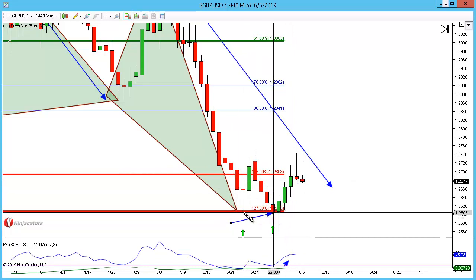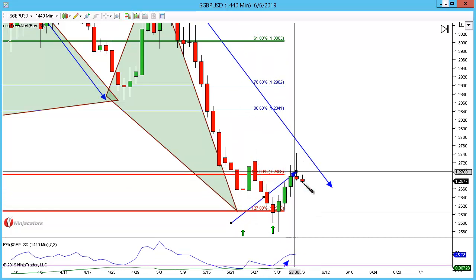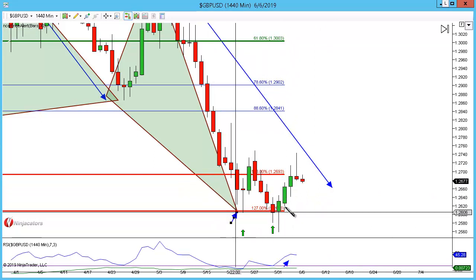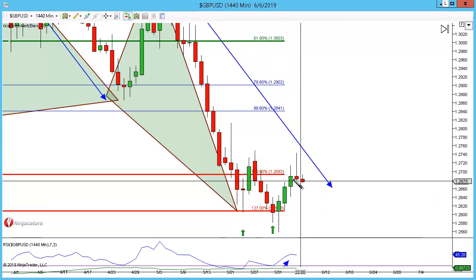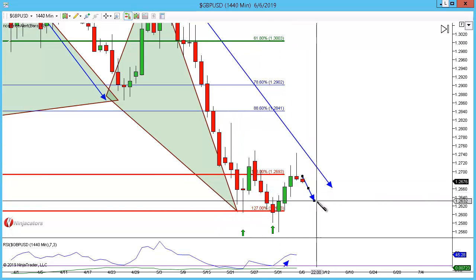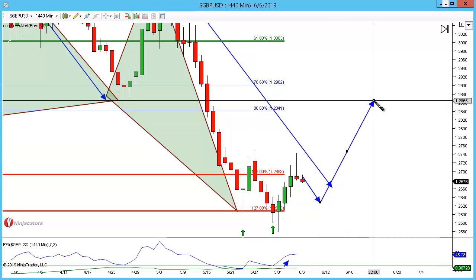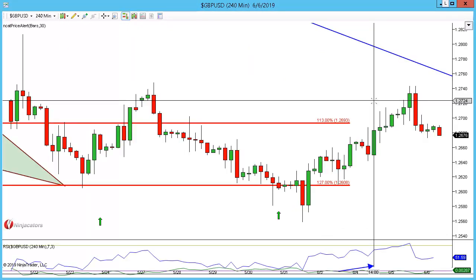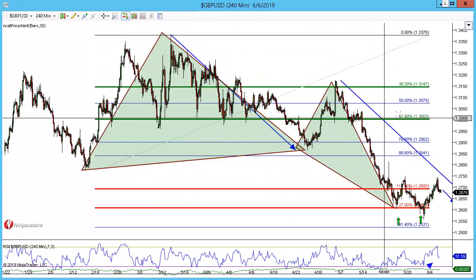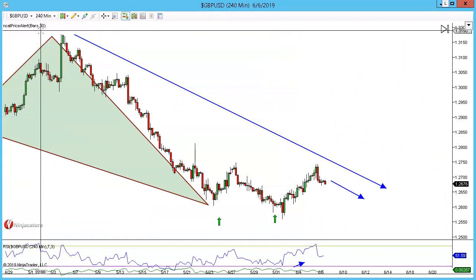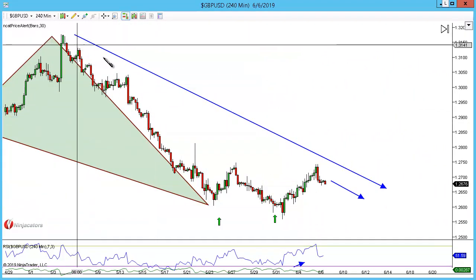But we haven't violated structure. So even though this looks like trend continuation to the downside, there is no confirmation here on the daily time frame. To me, this is indicating we can come down a little ways before we're going to continue going higher. So because I have that mindset, when I come to the 240, I'm still looking at this potential